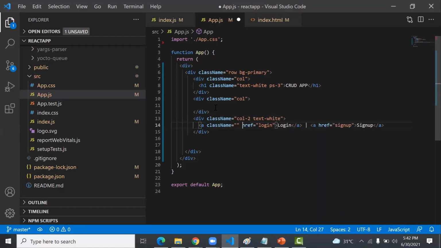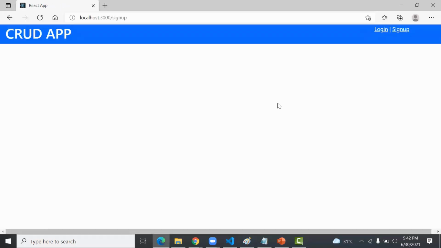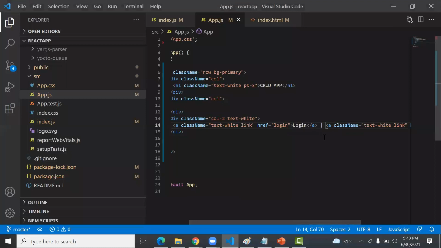className equal to text-white class, and link class. When you type the link class, it will not show the underline. So here also we type the className, and now we will see the output. Yes, it is now showing me login and sign up. Clicking now doesn't work, it's not doing anything. You can add some padding style.